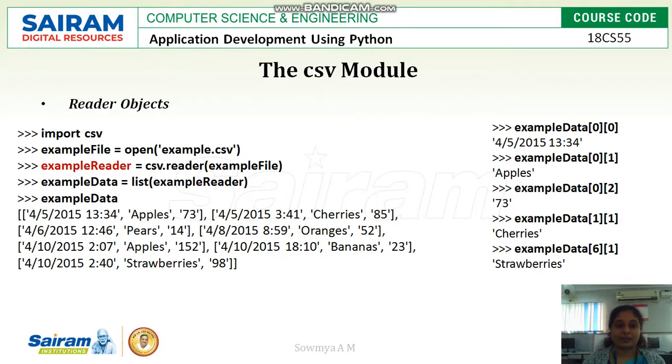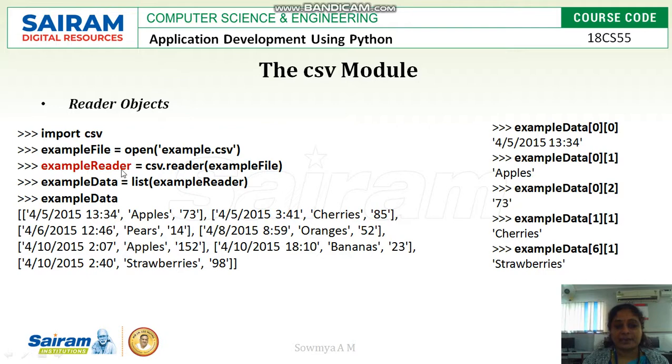First we have to import the csv module, and then create an object for the CSV file. The file ending with .csv is represented as a worksheet or spreadsheet of CSV type. open is used to create an object for the file.